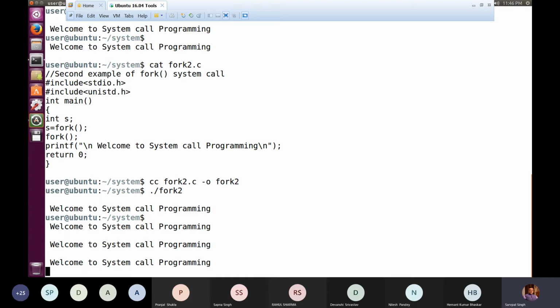So this way, we'll have a total of 4 processes in the memory, and every process will be executing this printf statement, "welcome to system call programming". Because of that, we get this outcome on the screen 4 times.